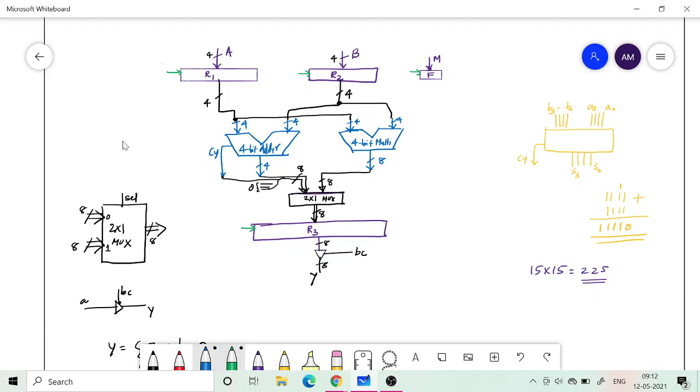Okay, so this is the clock. But apart from that, you need some control signals. And the only requirement or feature for this register is that it should be able to load the data parallelly, and it should output the data parallelly. So it's a parallel in, parallel out register, which you have already studied.